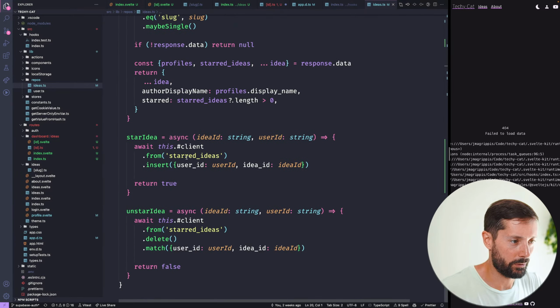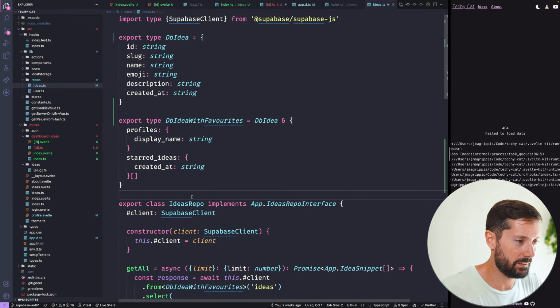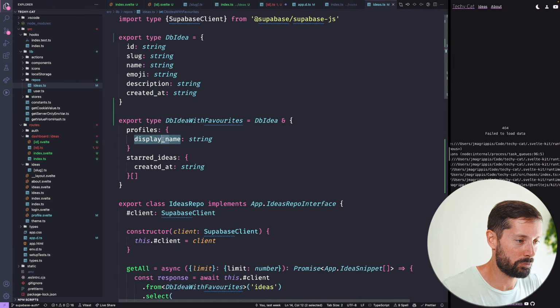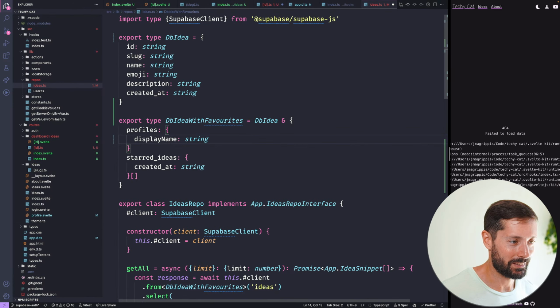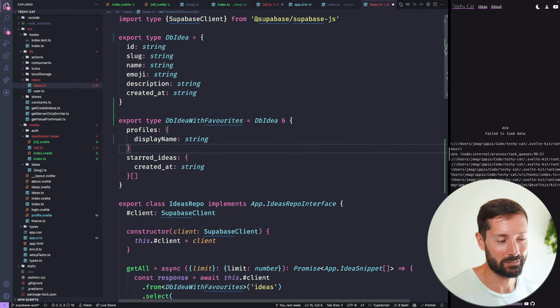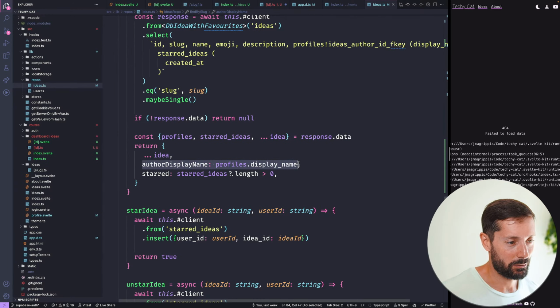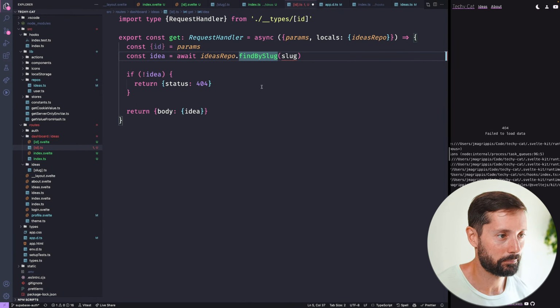This reminds me of the other thing I was debating and thinking the other day. If I'm in control of the database, and really the database is meant to be consumed by a TypeScript front-end and backend, should I name my columns with the traditional Postgres and database naming scheme of snake case, or should I name them in the traditional JavaScript and TypeScript camel case scheme, which will save me from mapping stuff? But it doesn't really matter. It does mean that you need to map like this all the time. But hey, anyway,